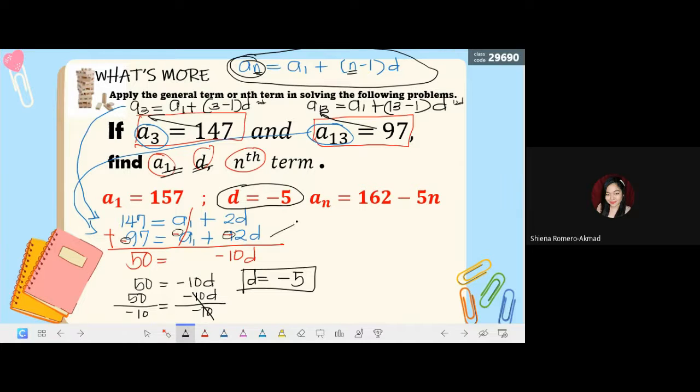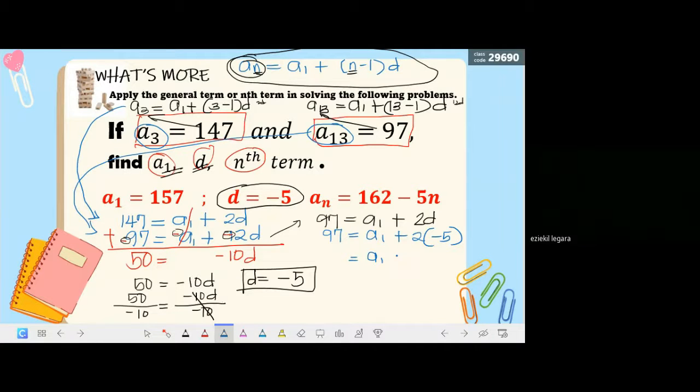Okay? So, ito ang gagamitin ko, no? 97 equals A sub 1 plus 2D. Tinanggal ko na yung mga negative dyan kasi kaya lang siya nag-negative because nag-subtract tayo kanina. Okay? So, substitute natin sa negative 5 para makuha natin yung A sub 1. So, to do that, we'll have 97 equals A sub 1 plus 2 times negative 5. And 2 plus negative 5 is